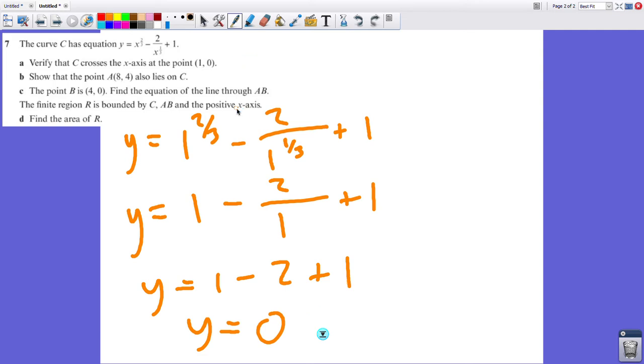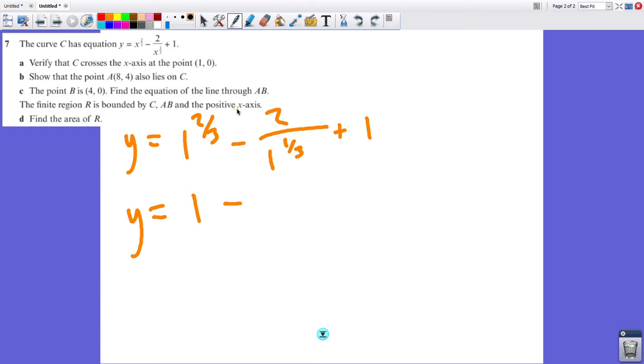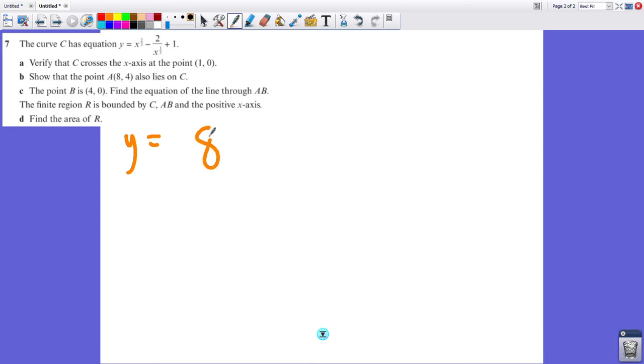Right, part B, it's the same thing. Instead of plugging in x equals 1, we're plugging in x equals 8, and instead of hoping for y to be equal to 0 when we do that, we're hoping that y is equal to 4. So 8 to the power of 2 over 3 minus 2 over 8 to the power of 1 over 3